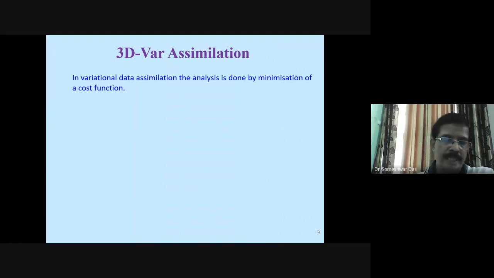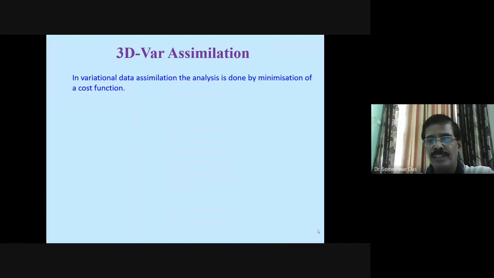Last time you remember that we try to minimize the errors or differences between the observation and the background field. Here some new terminology is used, called cost function.